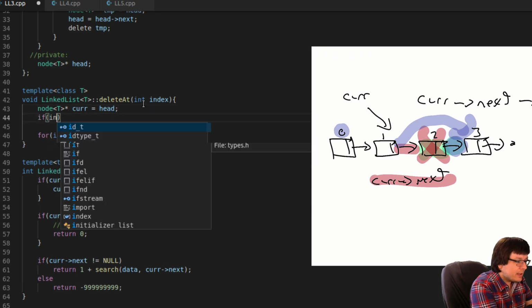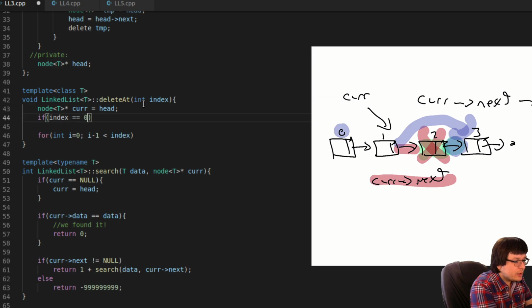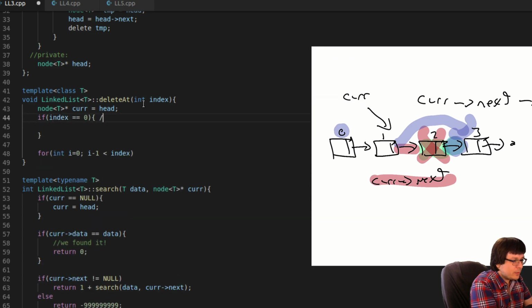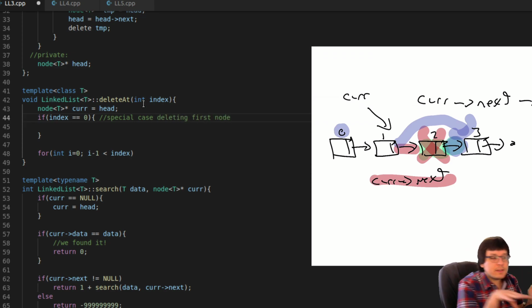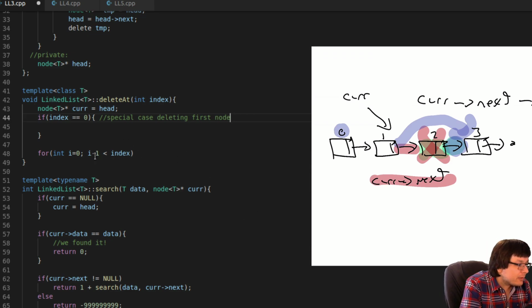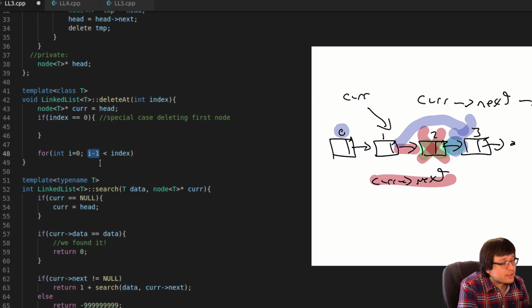So we can say if index is equal to 0, this will be our special case. Deleting the first node, because there's no node before that. So otherwise, this doesn't work for that scenario. But for any other case where we're not dealing with the first node, then we wanted to basically get the one before it. So if it was index 1, for example, then we still don't really want it to run a single time.